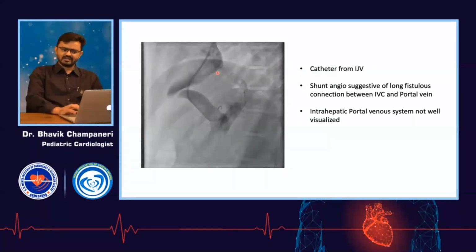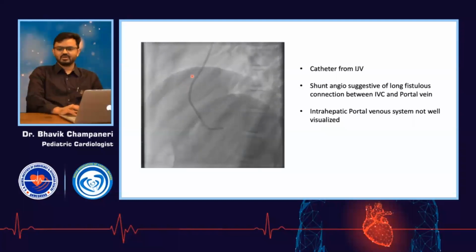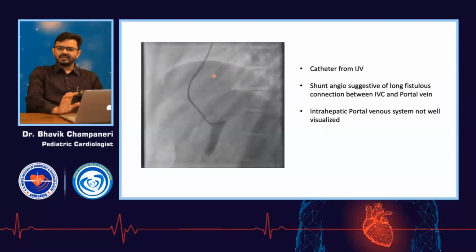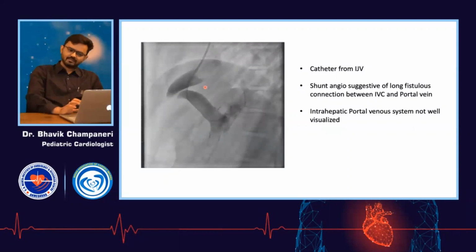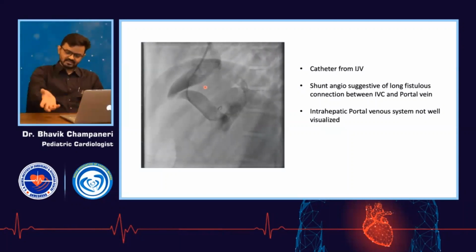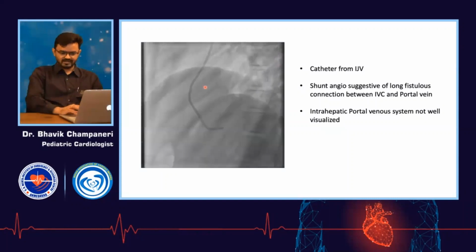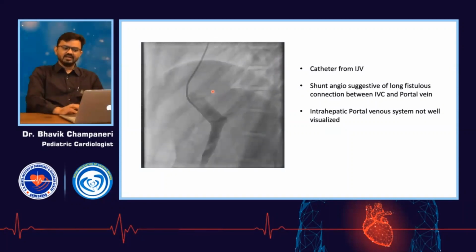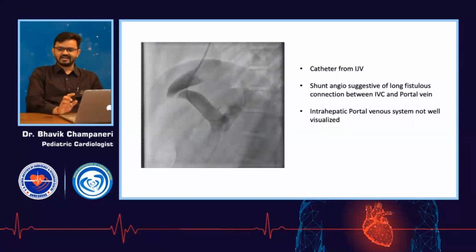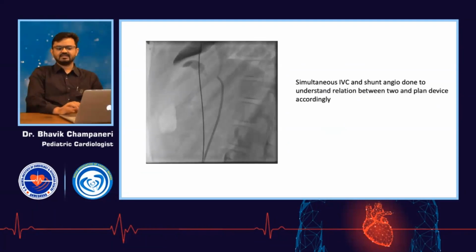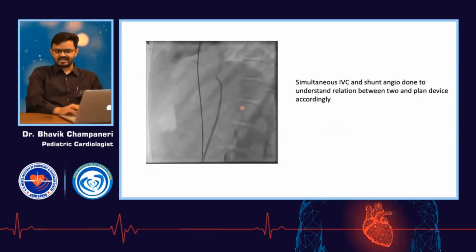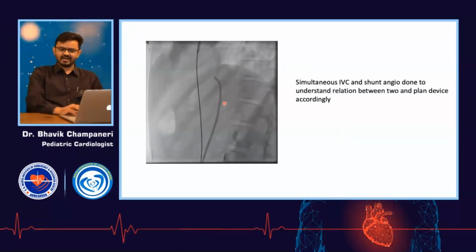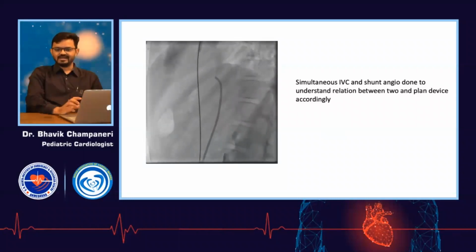So what is a good thing here, it has a long fistulous connection. So here we are not much concerned about the device blocking either the portal vein or the inferior vena cava, but the concern here is whether this child is having intrahepatic portal venous branches or not. So with that in mind, this is another angio where we have done a simultaneous shunt angio and IVC angio, just to delineate how closely associated they are, so that we can keep it in mind while deploying the